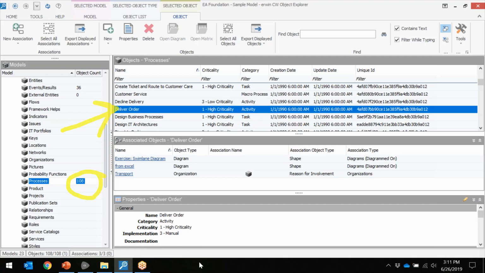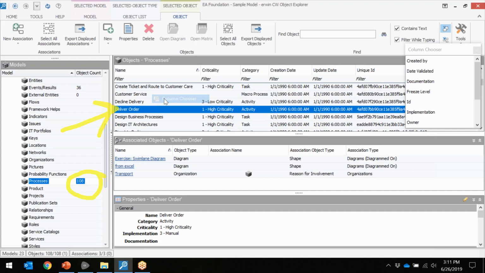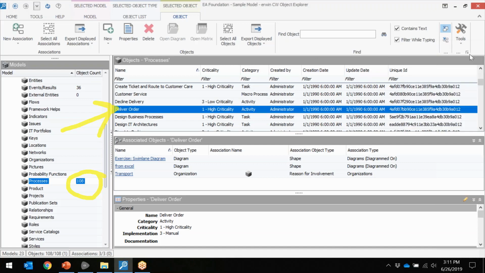Now, one thing I want you to realize is that the columns can also be chosen. So you are not limited to the columns you see here. In fact, if you right-click on any one of these spaces at the top, you can actually go to your column chooser. When you go into the column chooser, you'll see all the columns listed here on the right, which means you can either remove some of the existing columns or you can add another column. So if you wanted to, for instance, add the created by column, you simply drag it in, just like you would in Microsoft Outlook or other Windows tools. So here you have created by now listed here,